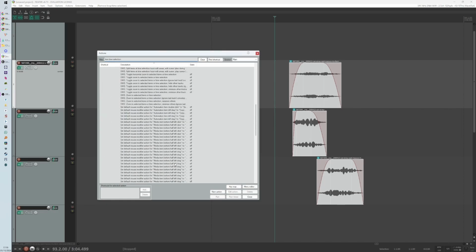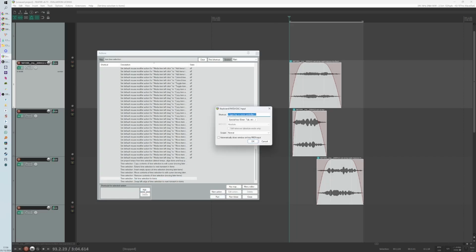And it could be that we can actually find the shortcut that we want. Let me just have a quick scan. So here, set time selection to items. And what I can do is I can run this here, run. Or I can assign a shortcut by pressing add, and then I could say something like